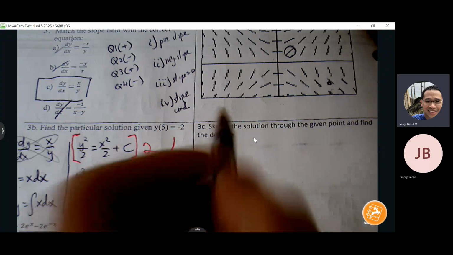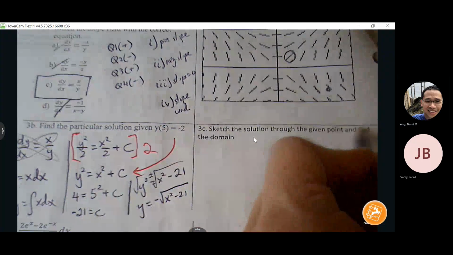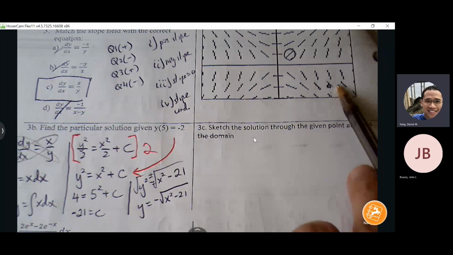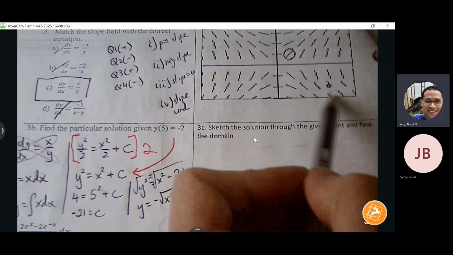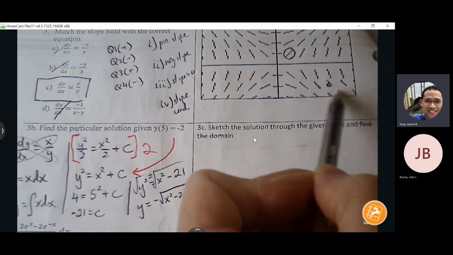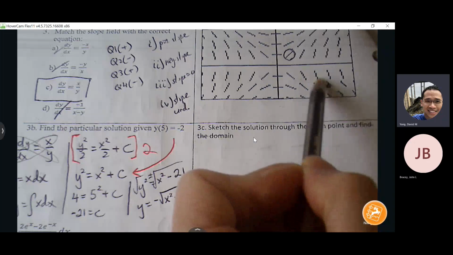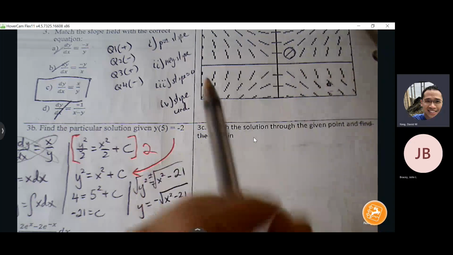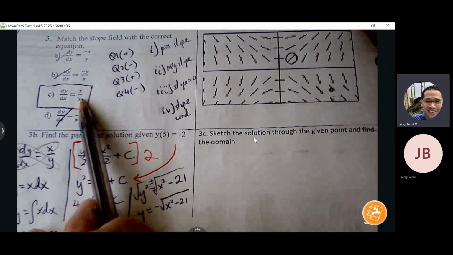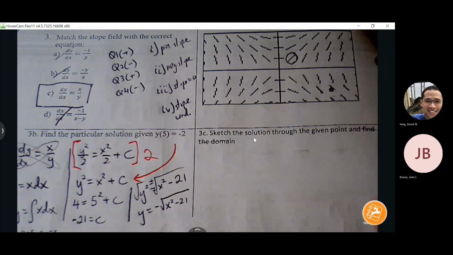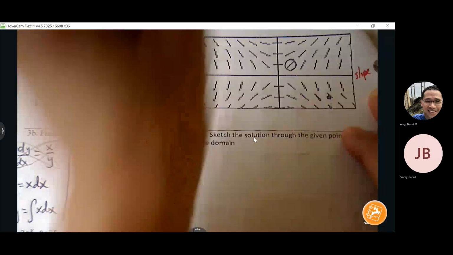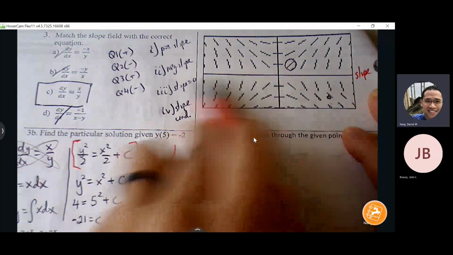Now, I'm not so worried about finding the domain. You won't see that on the test, but it says to sketch a solution through the given point. So the given point is 5, -2. We're just going to follow the pattern of the graph and see what that graph looks like. Now, what do we know about this y equals 0? Now that we have the differential equation, slope is what? At y equals 0, slope is